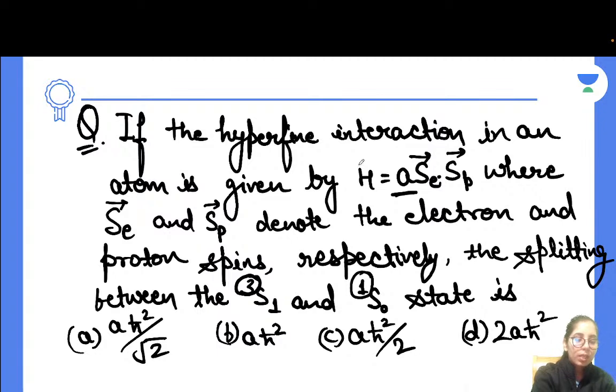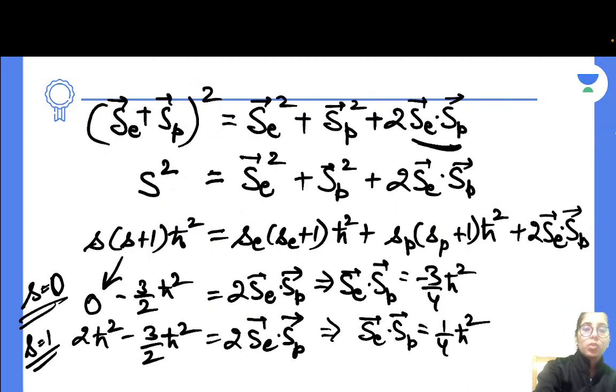Please let me know if there is anybody having any doubt at any point, we can talk about it. But this type of questions have been asked again and again in previous years, and you can expect them in your upcoming exams too. So you should know the steps, the approach, and how you will reach the answer. If you had any doubt, you can just mention it and I'll be talking about that. Otherwise, let's go for the next question.